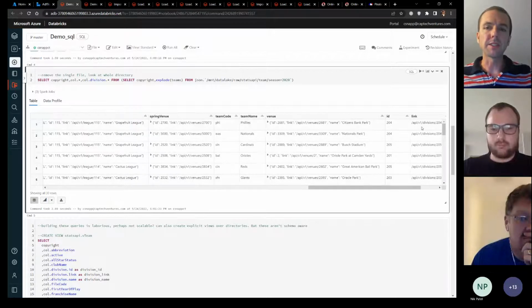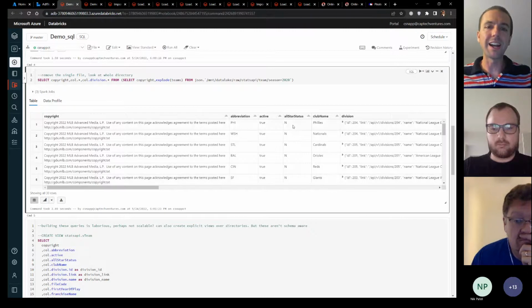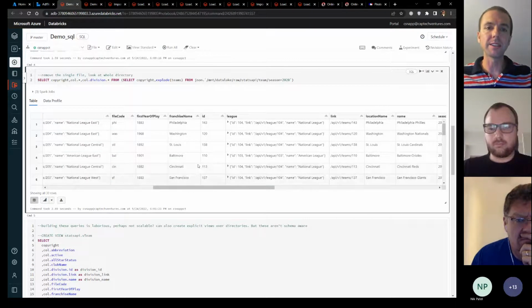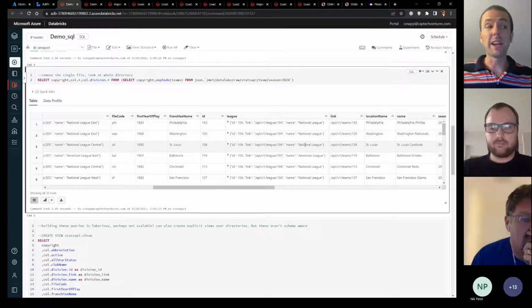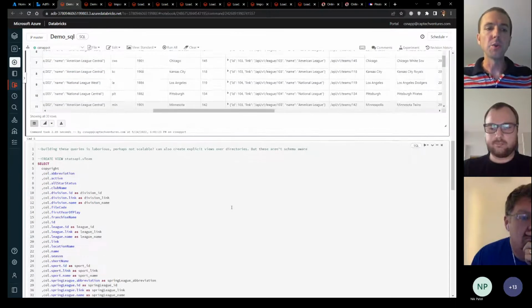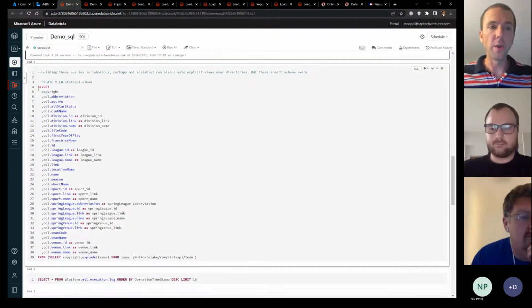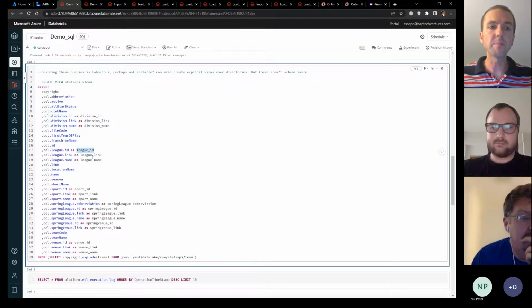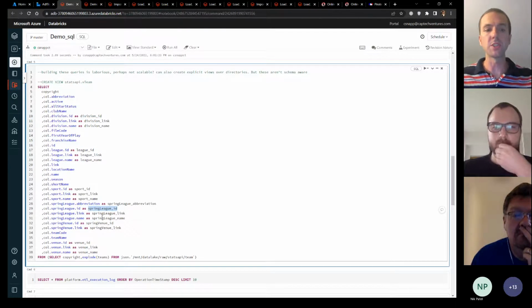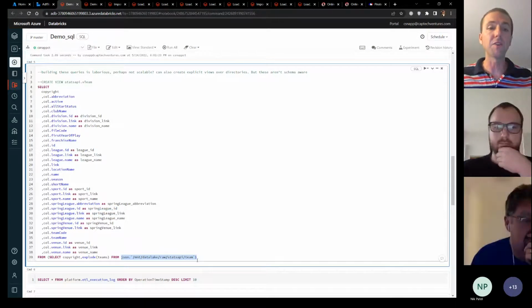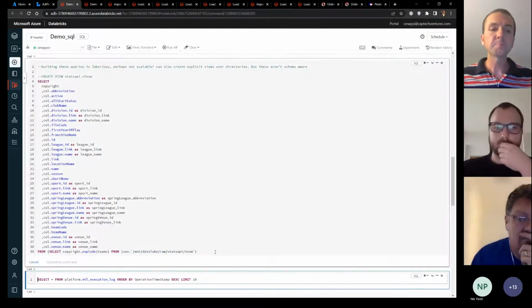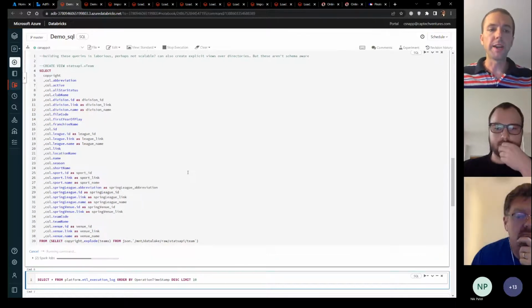But what I don't like about this is that the attributes now cross over. I've got these other IDs and links, but I've already got an ID and a link in my data set right here. So now I've got to handle that as a data engineer. What I wrote was a much longer query that selects out every attribute and gives it a nice friendly name. I give it an alias that has the number of how deep in the JSON it is. And then I'm going to go get every team across every year that's in my data lake, so this is going to explode that out.